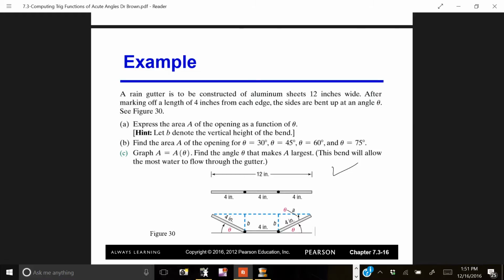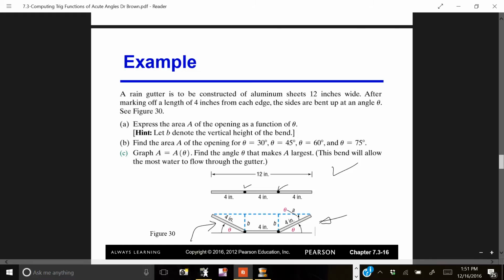12 inches wide, and we're going to bend the sheet up at 4 inches and 8 inches and bend it so many degrees, which is represented by the angle theta. And then we can look at two triangles, the one here and the one here, and the rectangle in the middle, and begin to label